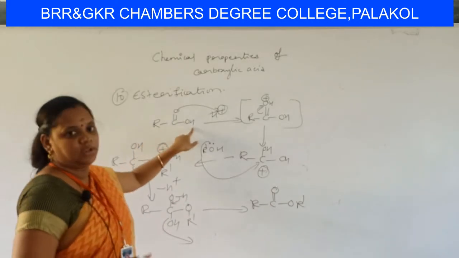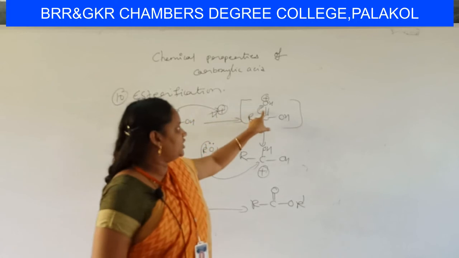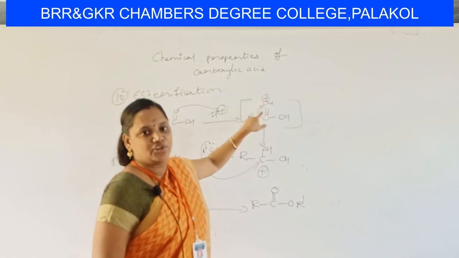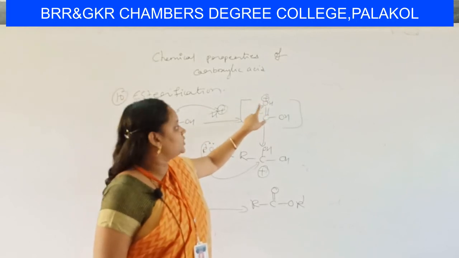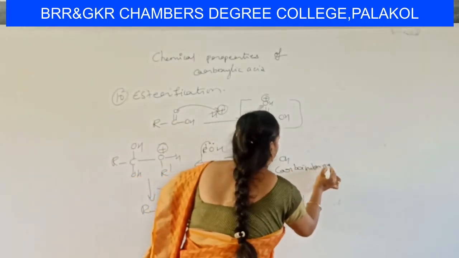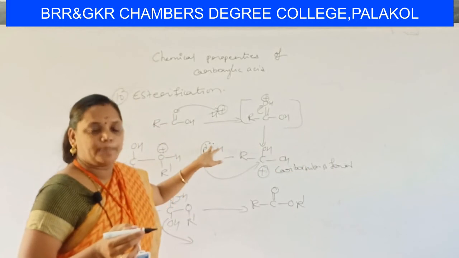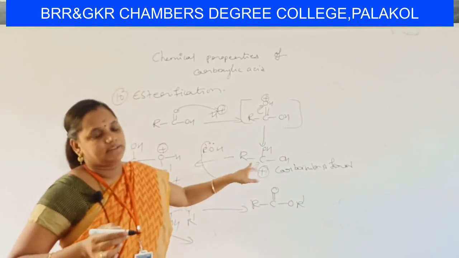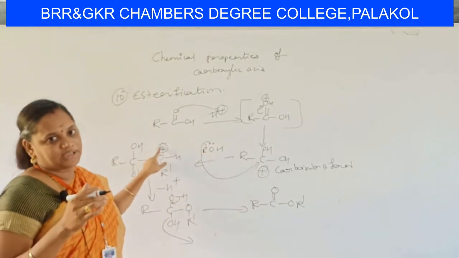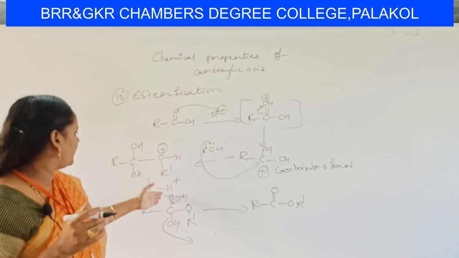Okay, RCOOH, carboxylic acid is taken. We added a proton H plus, but it is not stable because oxygen is carrying positive charge. Again, this plus charge is neutralized by a pair of electrons. So you will get RCOH and a carbocation is formed. Again, we are adding alcohol molecule to the lone pair of electrons on the oxygen. Sorry students, we should not ionize the bond. So you will get again oxygen with positive charge, which is not that much stable. So again we will remove the proton.